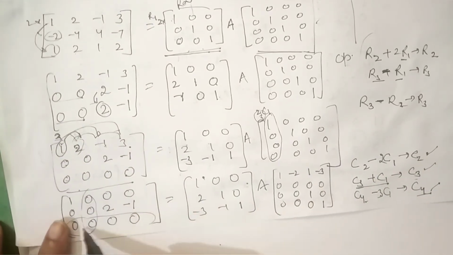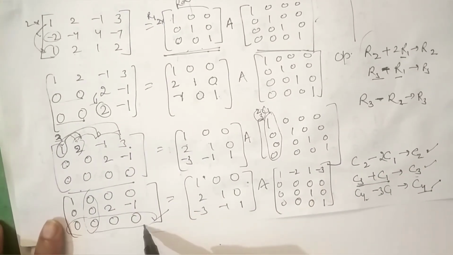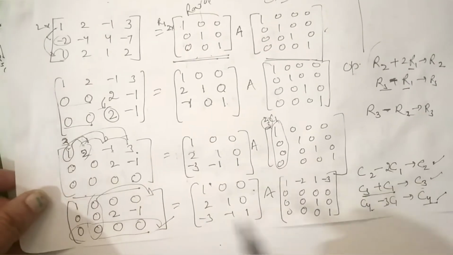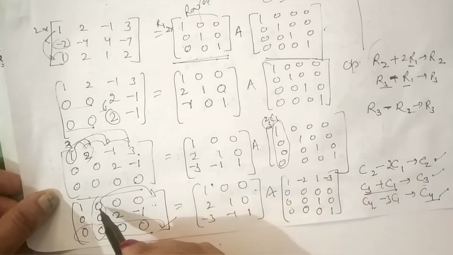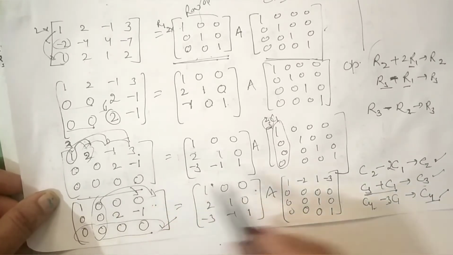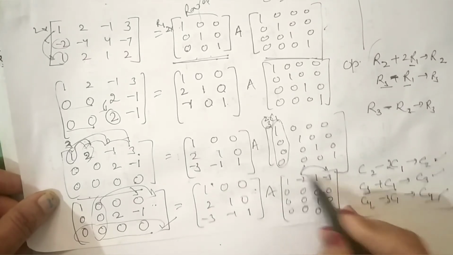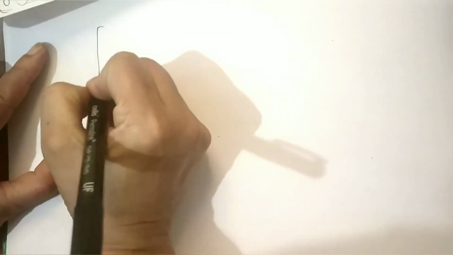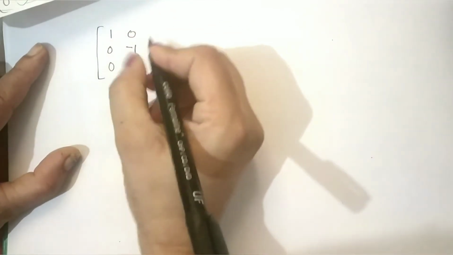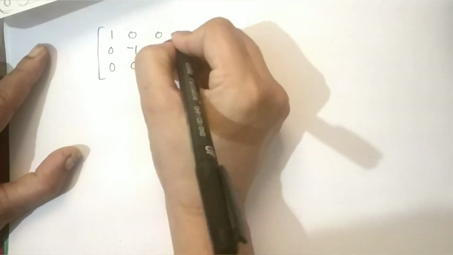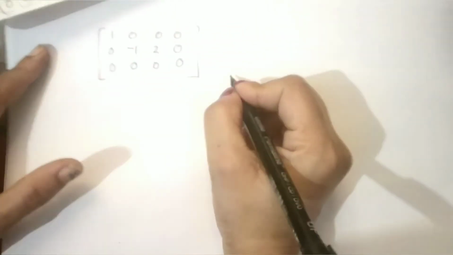This is already in its right place, it is at the bottom, but the column should be here. So we are going to interchange the column. Because we are changing the second and fourth columns, here also the second and fourth columns will be interchanged, because this is a column operation. So this will be 1, 0, 0. The second column is changed with the fourth column. This is the fourth column. Then the third column as it is. Now the second column takes the place of the fourth column.